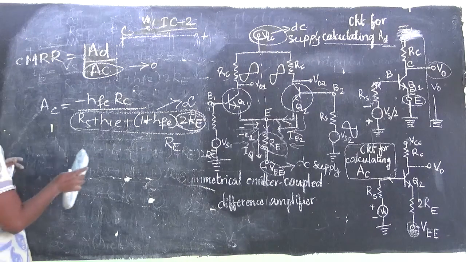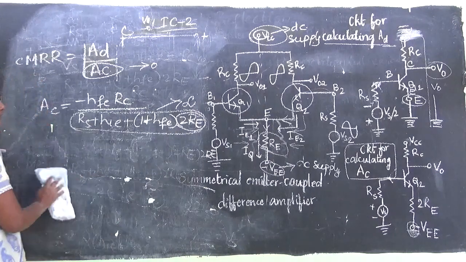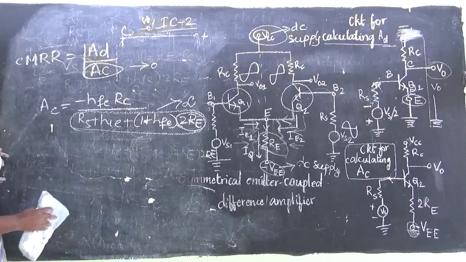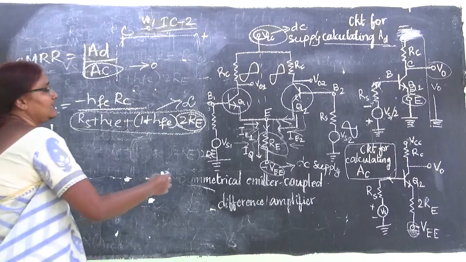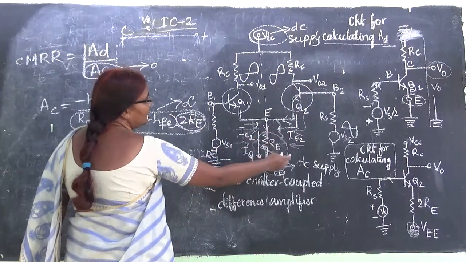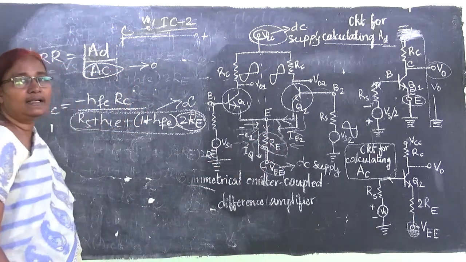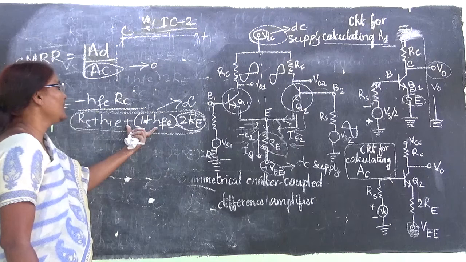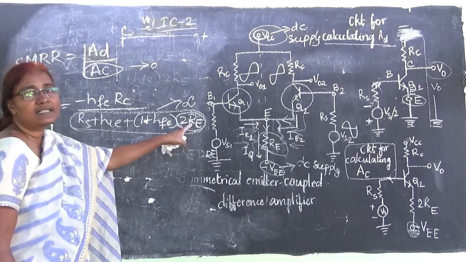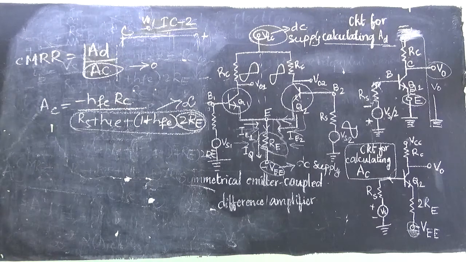some techniques are there, and for EEE students those are not required. ECE students have to learn them very elaborately: the constant current source method and the current mirror method, like that some methods are there. So some modification is required here. Some diodes are added here to make this value maximum without altering the RE value. That is not necessary for EEE students.